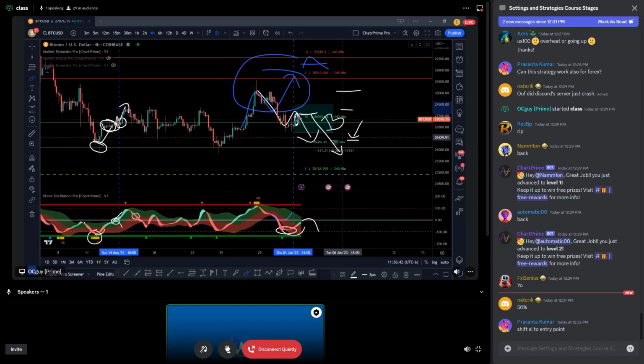Nevertheless, we already are in a long, we entered in a very amazing position, and our stop loss is already at entry point, so we have nothing to lose. And furthermore, we already have taken some profits. So everything from now on is just pure profits and no worries. So basically, we are golden right now. So let me just remove this.